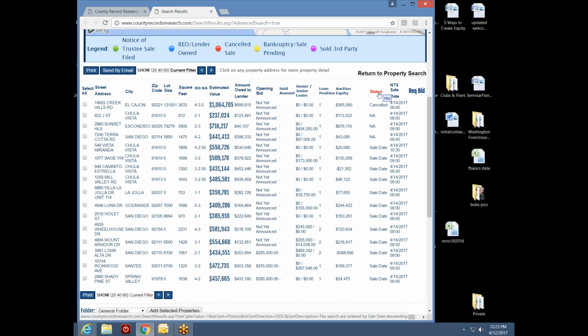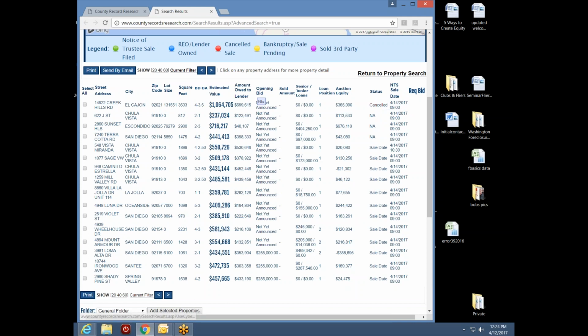Now, let me point out here, a notice of sale in our system, which is the auction scheduled record, will always have a status option. Sometimes they say not available because we're not picking one up. Sometimes they'll say canceled. This one on Creek Hills Road in El Cajon is a house that's scheduled to go to auction, but the auction itself has been canceled. Okay, so this sale's not going to happen.